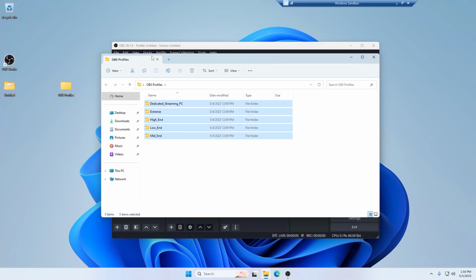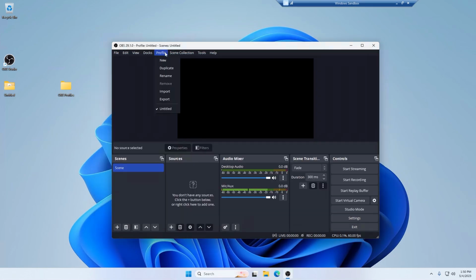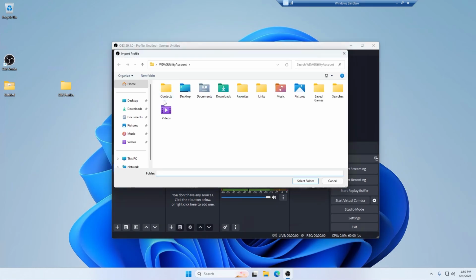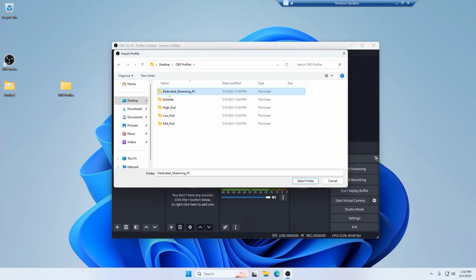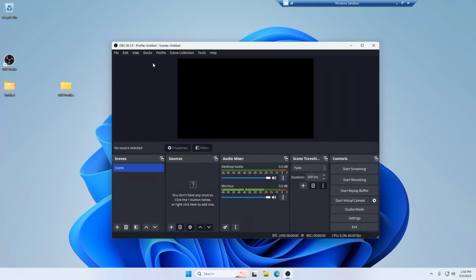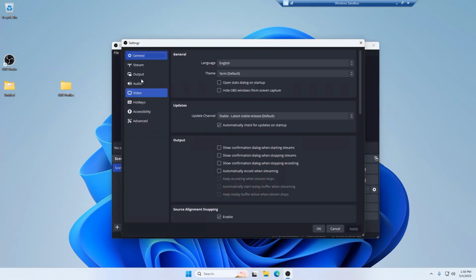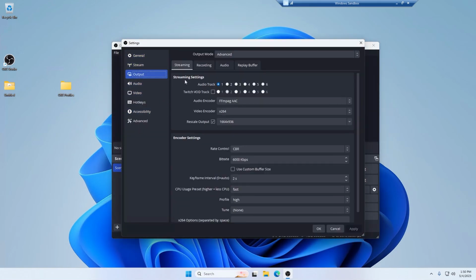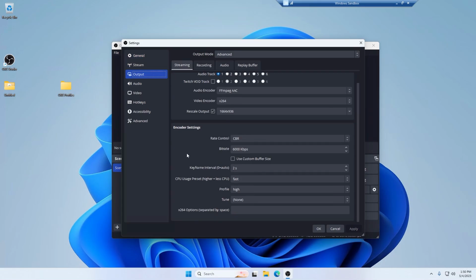You can experiment with these. So to import them, you just hit profile, import, select the folder. I'll select dedicated stream PC and then hit select folder. And now if I go over here and check this, it now changes my settings to reflect the